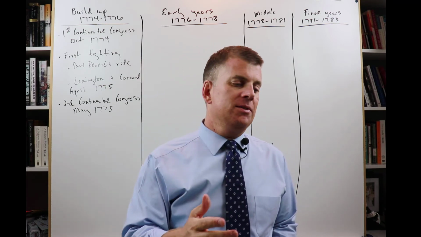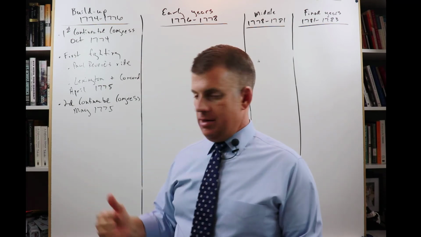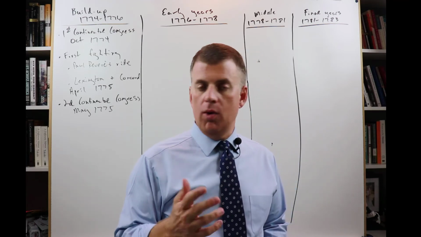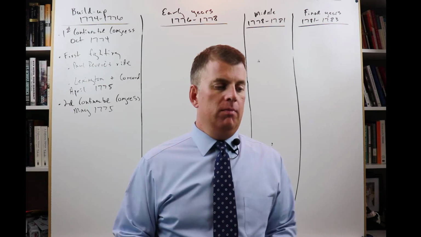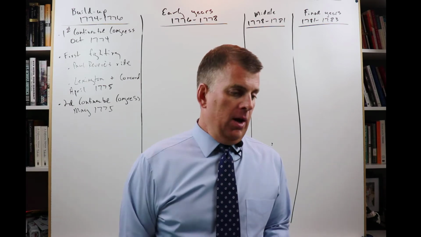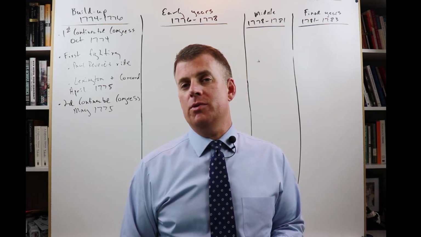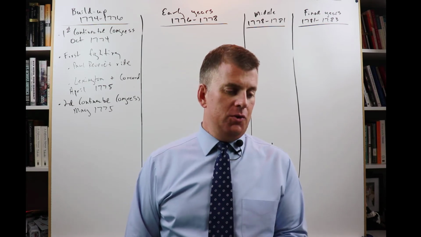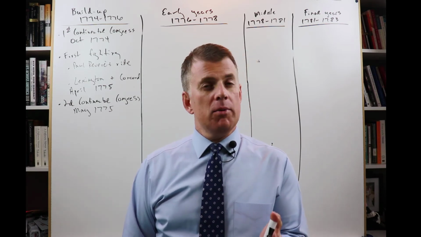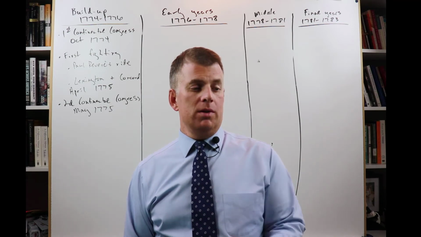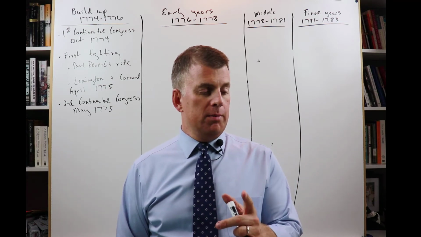And what happened here in the beginning of the Second Continental Congress? They appoint George Washington as head of the Continental Army. That was a big deal because it was George Washington. They send what's known as the Olive Branch Petition to the king as a final bid for peace, and the king ignores it. So we have to keep that in mind.